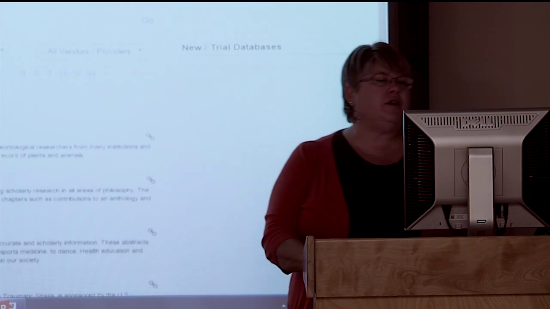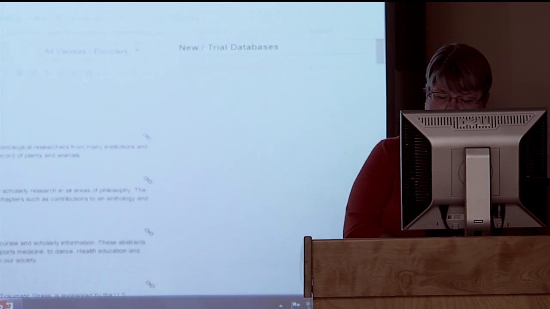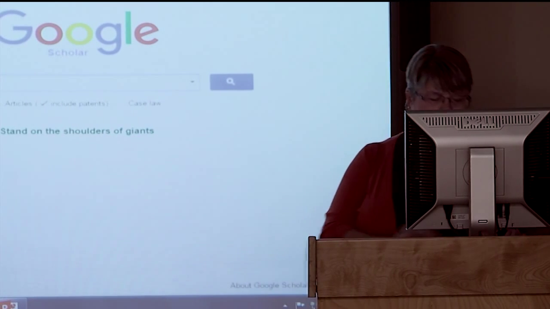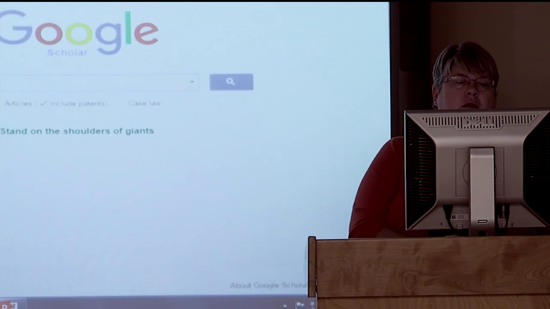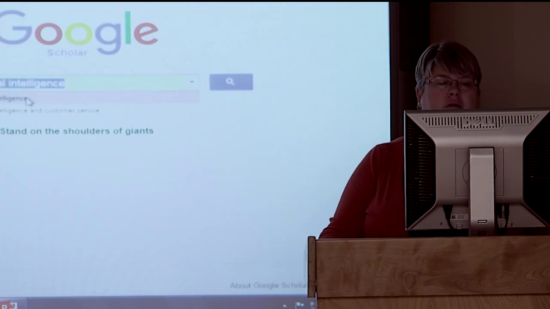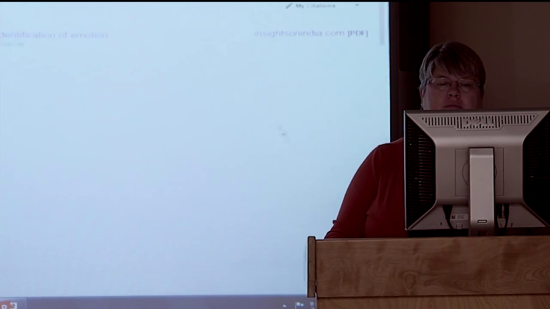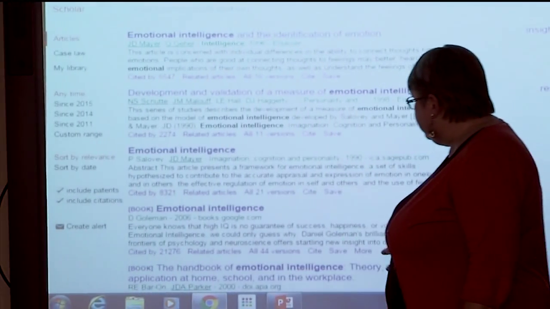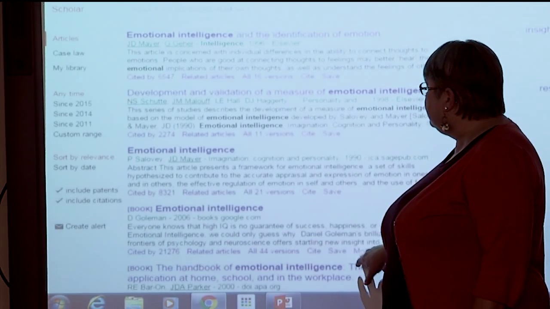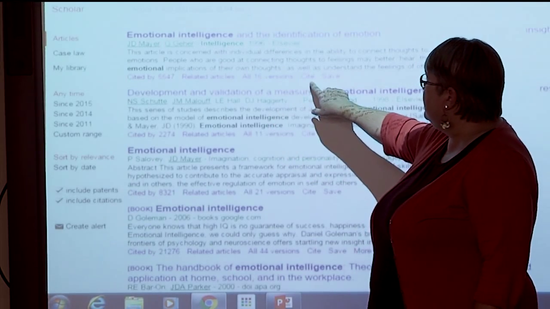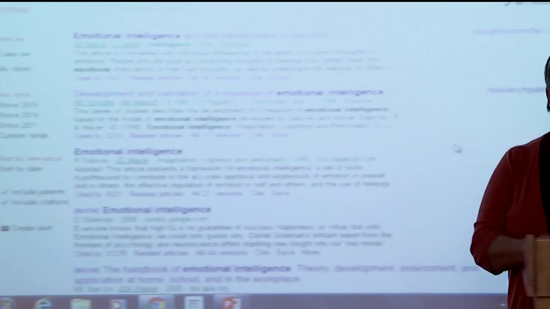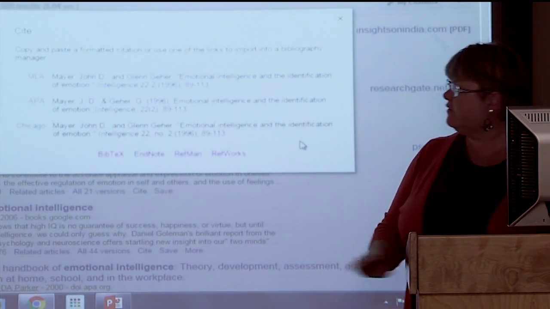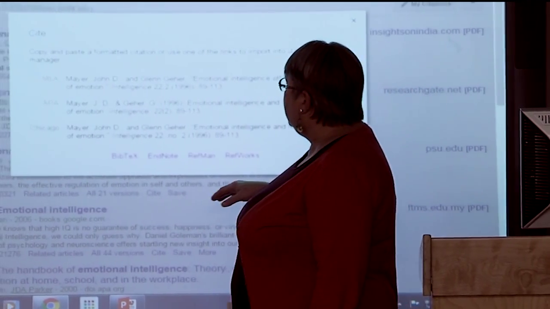The other place that you can go is Google Scholar. Go back to my search there. Google Scholar also has citations. And sometimes if it's really long, it might be in this more section, but like here for this first one where it says Cite, if I click on Cite, it pulls up the different citation styles, and once again, I can look at it.